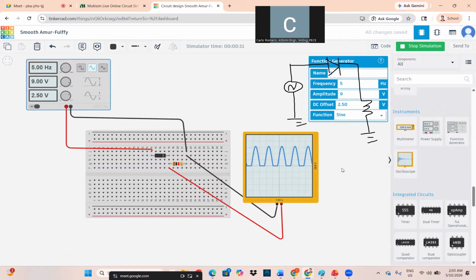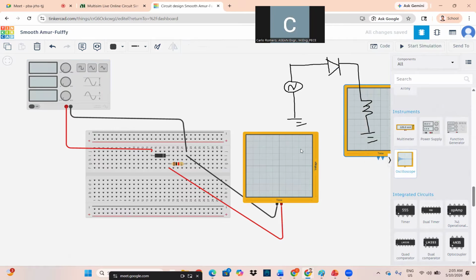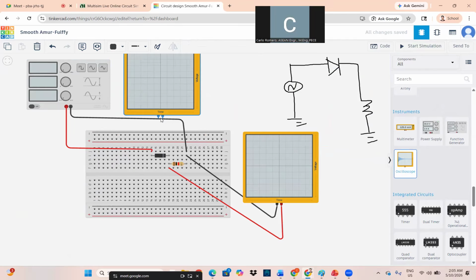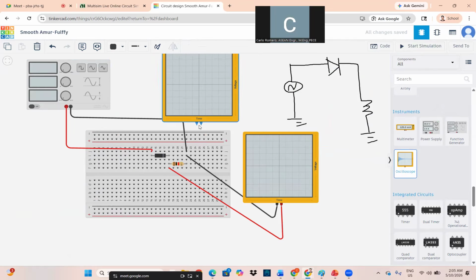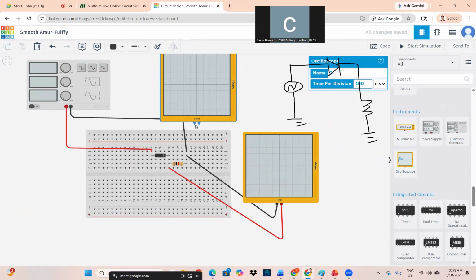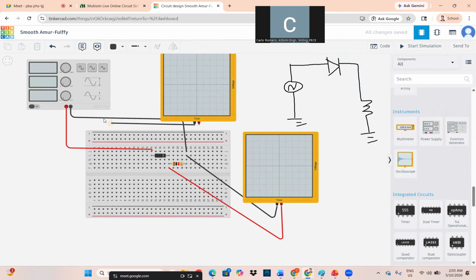Now, if I will apply, let's say for example, another supply here, because the waveform that we are generating is the output. Now, if we put another waveform to check what is the output waveform of the input. So let's say this is the input. We will put it directly connecting to the, okay.